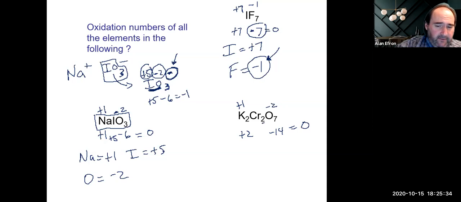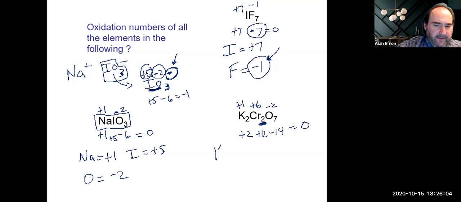Different though, here we don't have just 1 chromium, we have 2 chromiums. So to get us to 0, we have plus 2 and minus 14. That is minus 12. So really to get us to 0, we need a plus 12. And since there's 2 of them, that means each of the chromiums here would actually take on a plus 6 oxidation state. Plus 6 and 2 of them gives us plus 12 for a grand total of 0 when it's